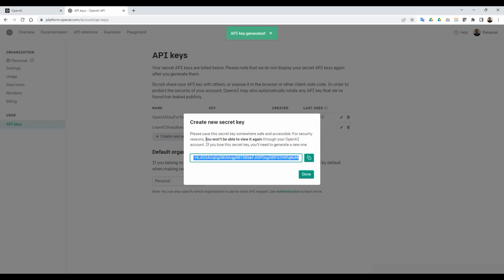As the message on this dialog shows, for security reasons, OpenAI only displays this secret key to you once, and you won't be able to view it again. Therefore, before you hit the Done button, or click anywhere else to cause the dialog to disappear, make sure you click on the Copy button, then paste it to somewhere safe for later use. Of course, you can always generate a new key if you really lost the old one, but the downside of losing an old key is that if the key was used on client applications installed on your user machines, then your user cannot connect to functions you provide via the new key.